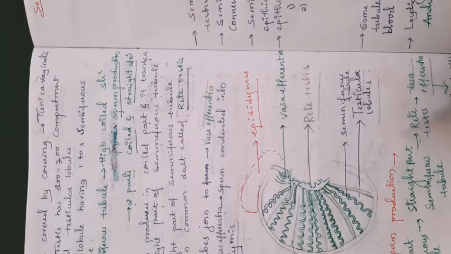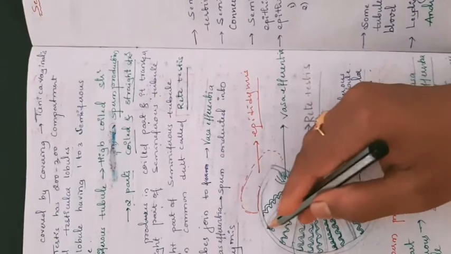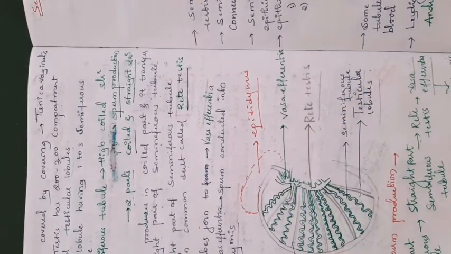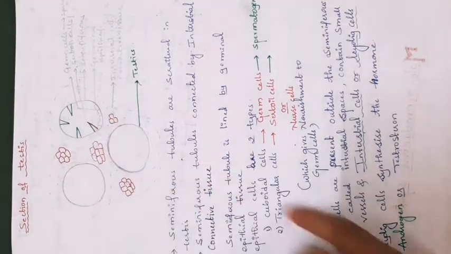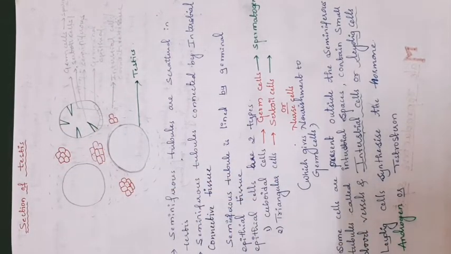For studying the detailed structure of the seminiferous tubule, we have to take the TS of the seminiferous tubule. That is a sectional view of the seminiferous tubule, within the testis. You can see the seminiferous tubules when we take the TS of a testis. Here you can see a sectional view of a testis like this. When we take the TS, the circular-shaped structures which you are seeing now,